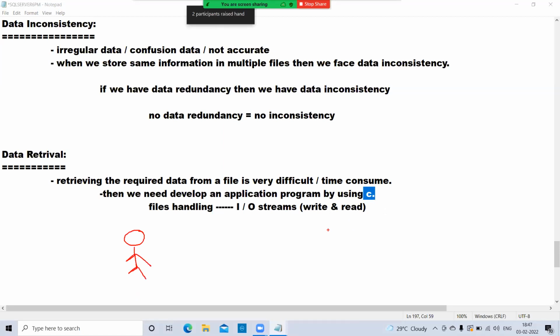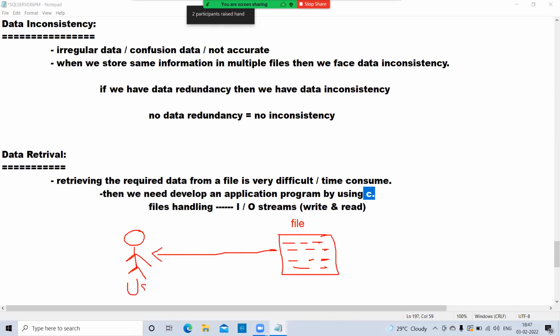This is your file, and in your file you have some data. From this file, when the user wants to retrieve data,